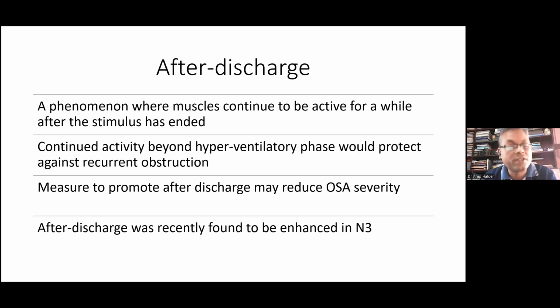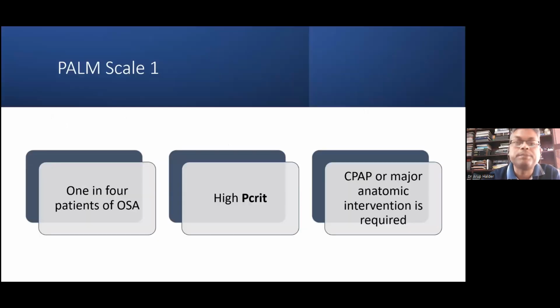One is this after discharge, and second is this very high arousal threshold. So that's why we have a lower number of obstructive respiratory events during the N3 sleep. So based on these approaches, Eckert actually proposed this PALM scale, these three PALM scales: PALM scale 1, PALM scale 2, and PALM scale 3. In PALM scale 1, the patient usually has a very high anatomical obstruction, or so that means